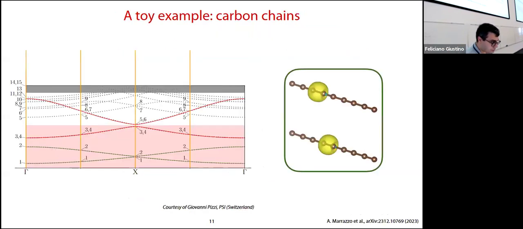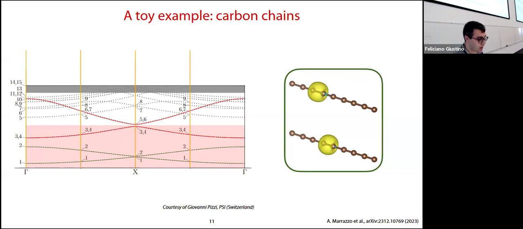Good, so let's go a little bit more, let's do some examples. This is a very simple toy example. This is a carbon chain with 2 atoms per unit cell, and it's a dimer, so the distances between the 2 carbon atoms are not exactly the same. And if you have these 2 green bands here, band number 1 and band number 2, you can calculate maximally localized Wannier functions for these 2 bands, okay? And if you do that, and this is the result of an actual calculation, and I want to thank Giovanni Pizzi, who prepared this picture, you get these yellow Wannier functions